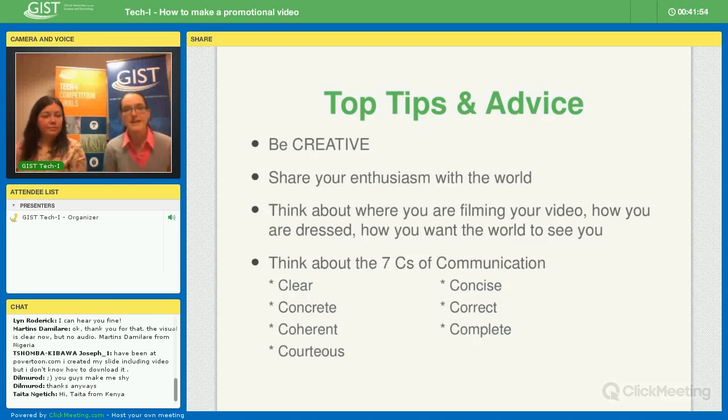Make sure you're also being coherent with what you're saying. We have been jumping around a lot, but make sure you do have a flow plan of how you're exactly going to do this. If you use our recommended structure, then perfect, because you're going to be able to think through the process in a logical manner. Be complete.